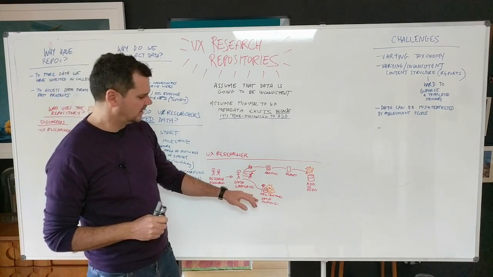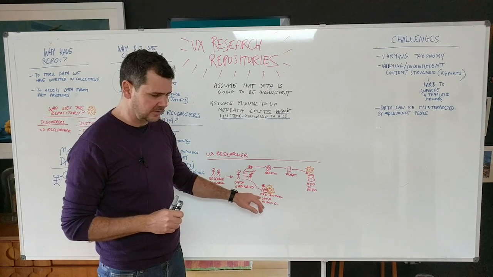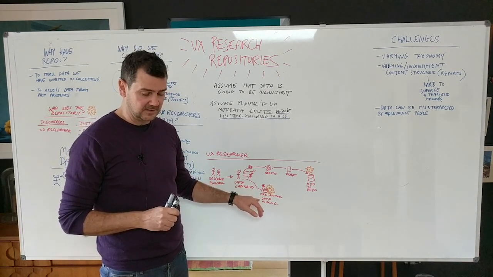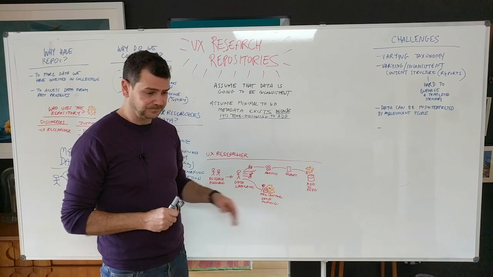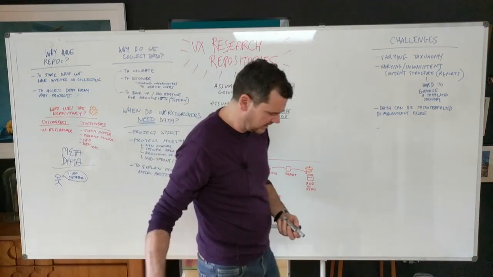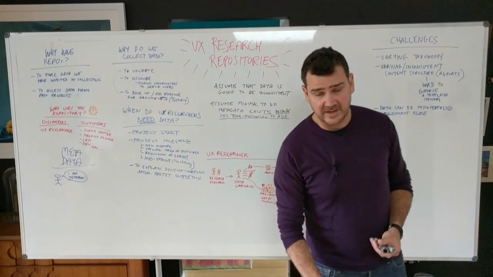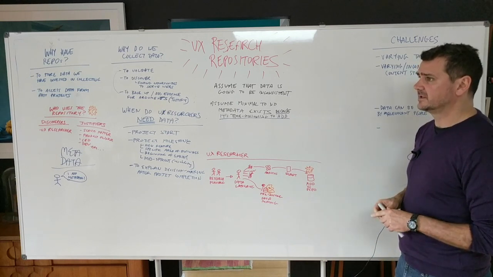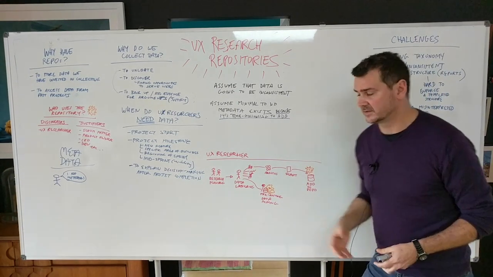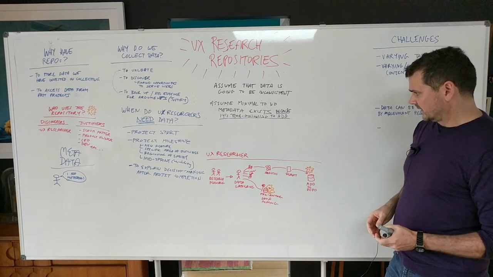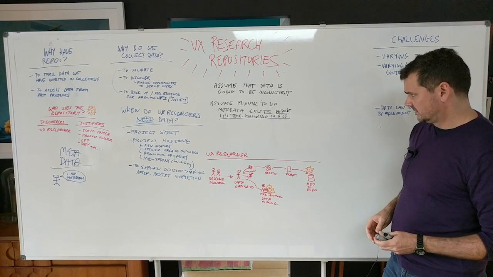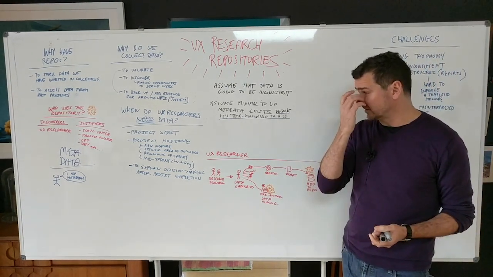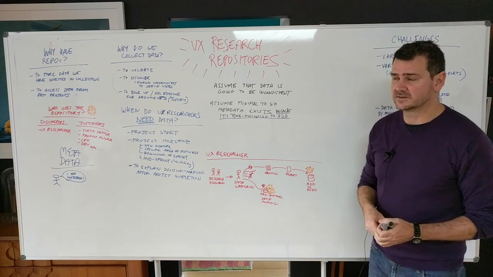And I know that there are lots of people working on very technically complex and clever ways to use machine learning or AI to automatically make sense of data and to make connections between insights, reports, whatever the content's going to be, quotes, and have that stuff magically appear, have relevant stuff magically appear when you enter search terms.